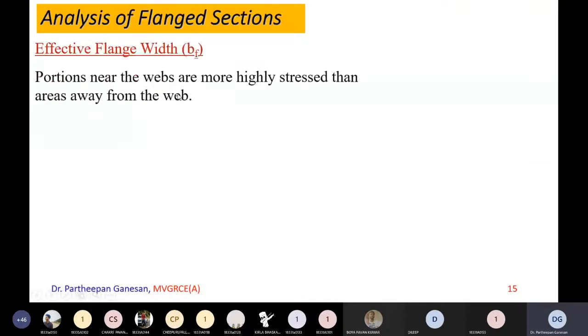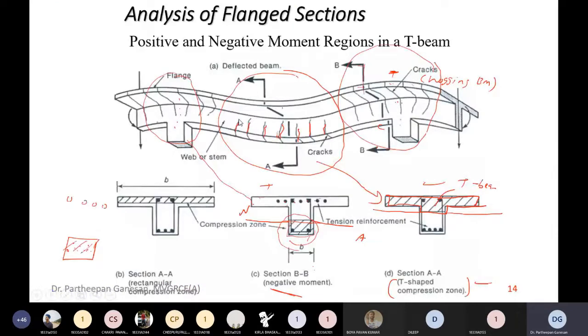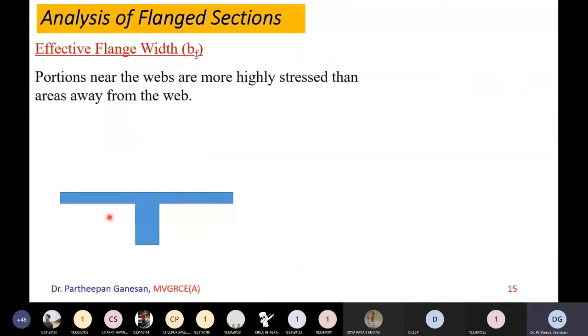Now, as I told you, this beam has a slab on the left side and also on the right side. Like I will show it here. Let us say this is your T-beam, and there is slab this way also and slab this way also, right? This is the original rectangular beam, and these are the slab portions.